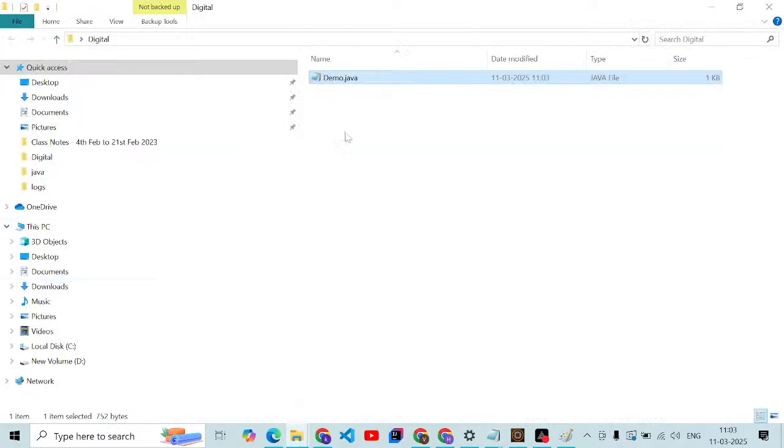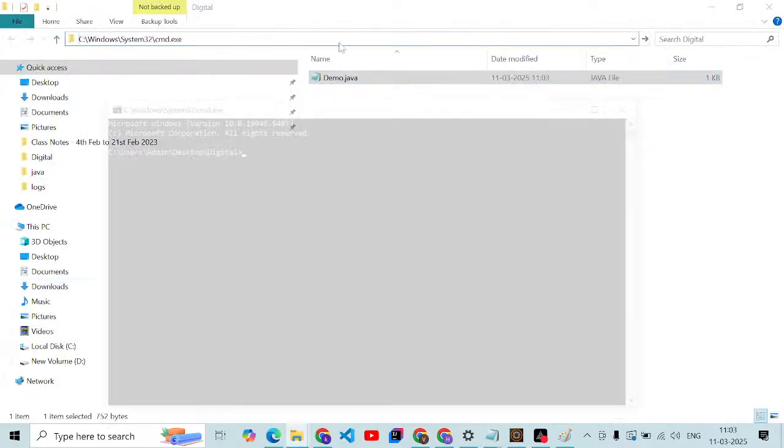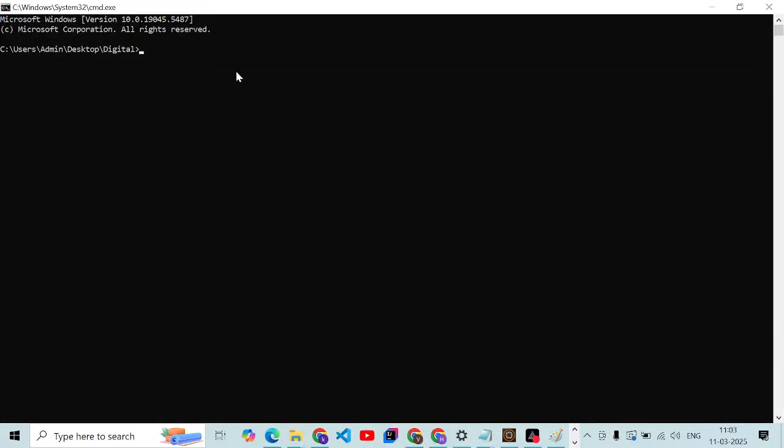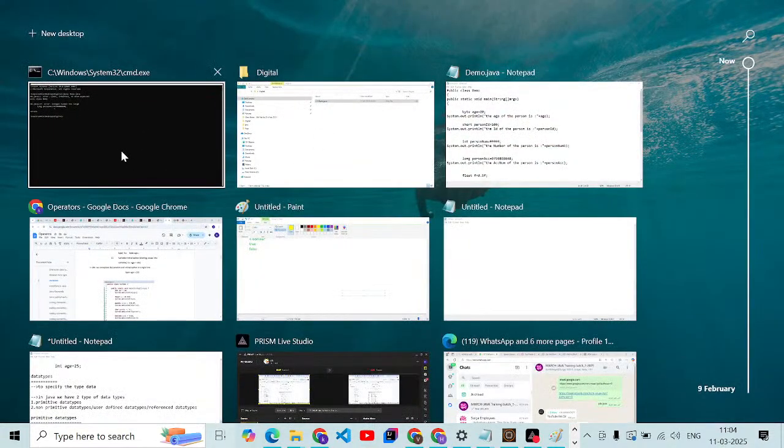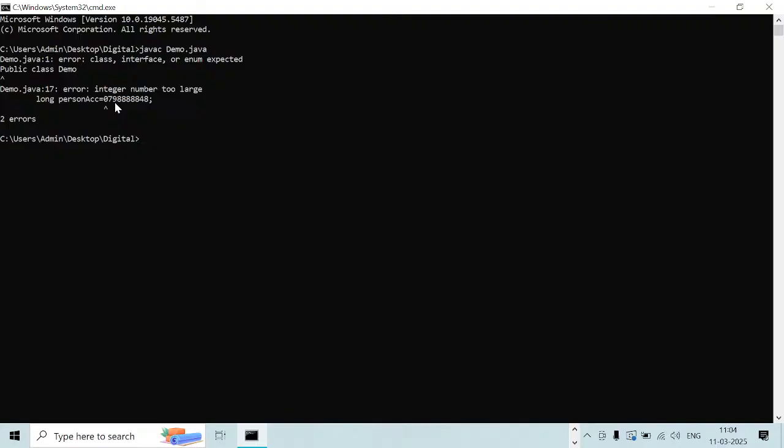I'm saving the file. Wherever the file is available, you can go to the file location and compile the file: javac demo.java. You can see here there is an error. There are two errors. What are the two errors? Can you please tell me? One error is line number one, which is keyword. Second error is